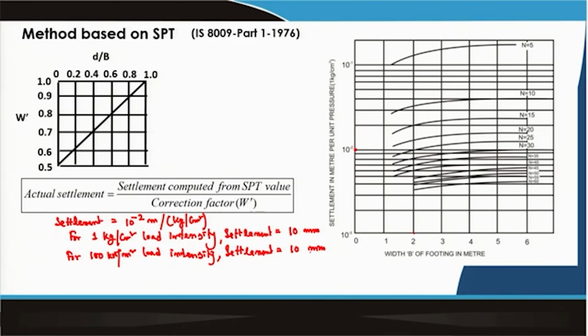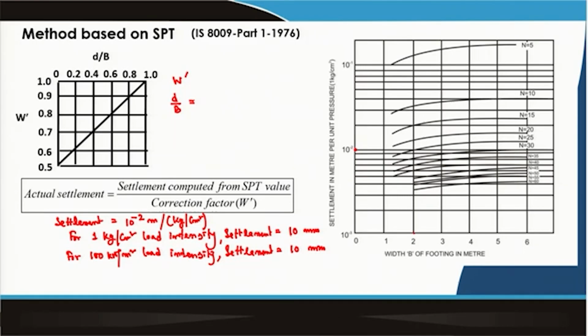So, what is the value of the water table correction factor? Because the settlement we are getting is 10 millimeter, the actual settlement will be more than that. So, for the actual settlement, first we will calculate the water table correction factor. That correction factor is W dash. So, W dash, how will we get that? We will get D by B value. What is the D value? D value is